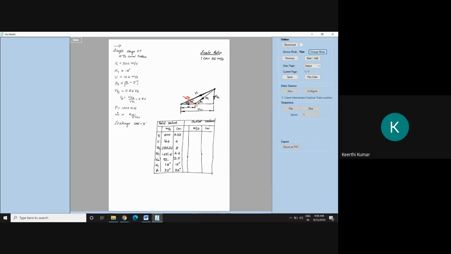Once you have drawn, this angle will be equal to beta 2, that is equal to 29 degree. Next, what is the VR2 value? The length of VR2 can be anything, no? But in the question he has given clearly, CB is equal to 0.84, that is equal to VR2 by VR1. So can you calculate what is VR2?